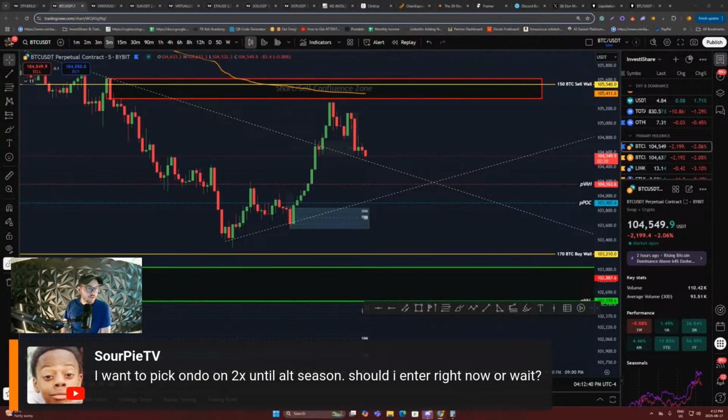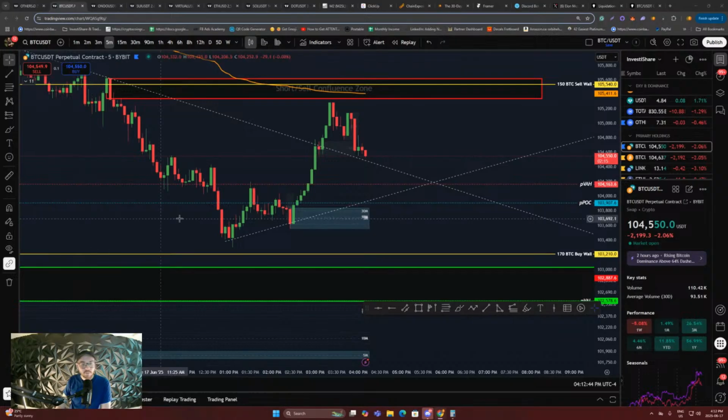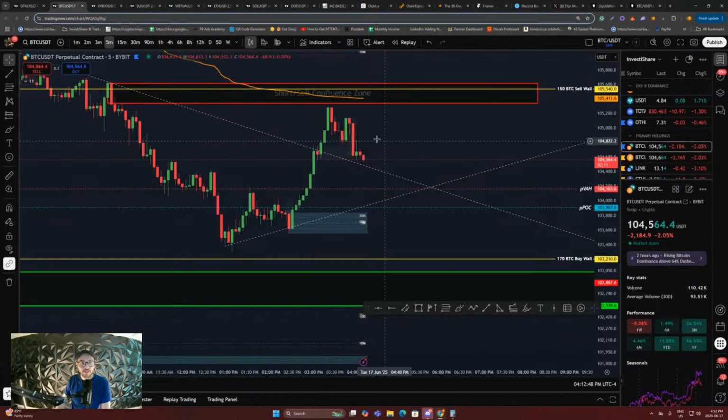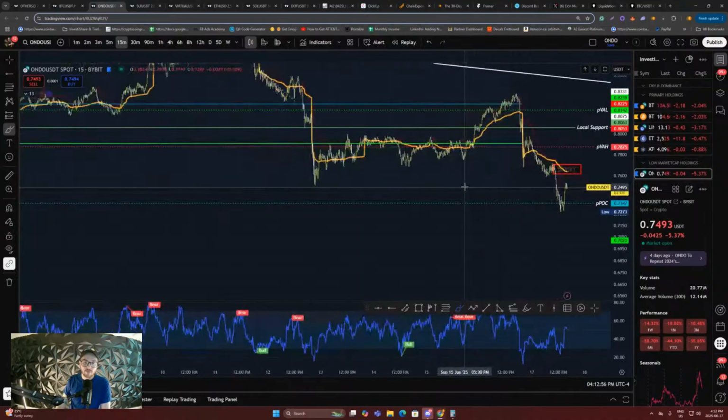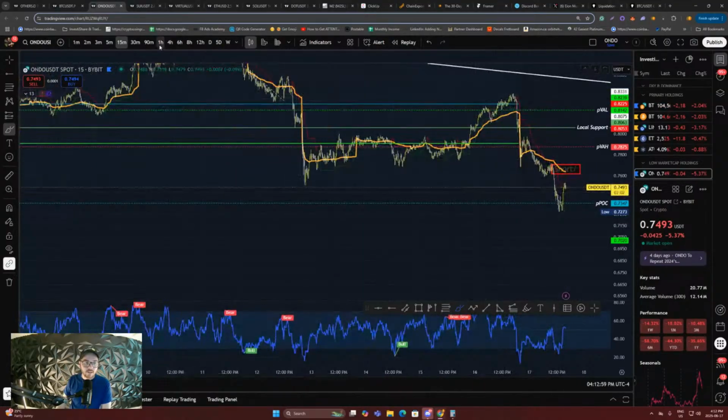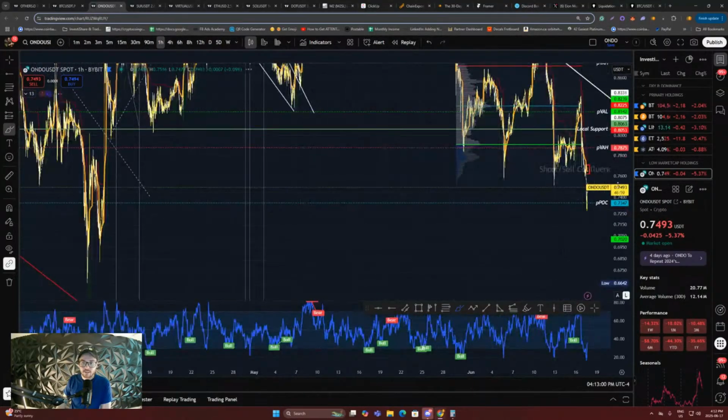I want to pick Ondo on a 2x until alt season. Should I enter right now or wait? You should be doing that with a spot account, not with futures, if you're going to be holding it that long. Trying to front run the season through a rally, you've got to make sure you're confirming a position of strength. Based on Ondo's positioning right now,